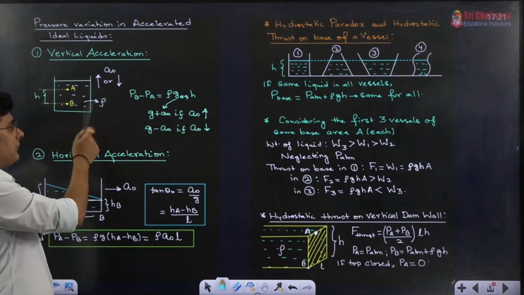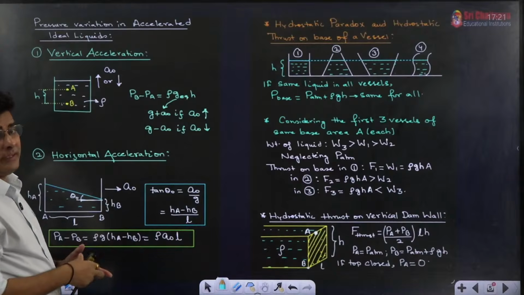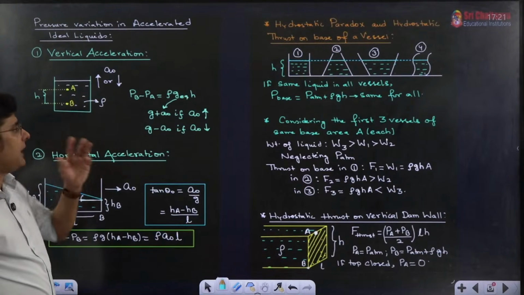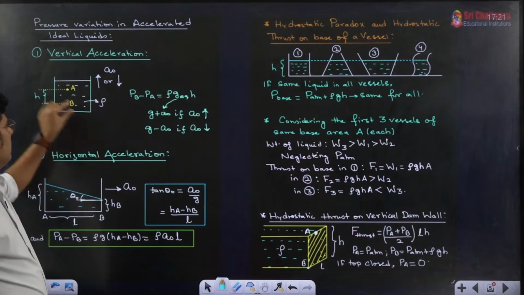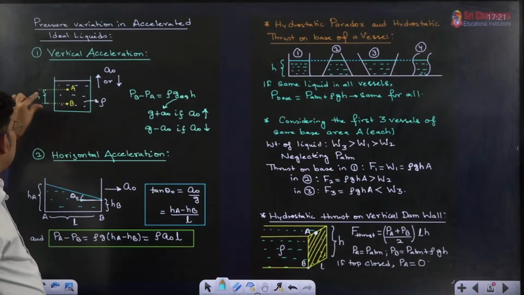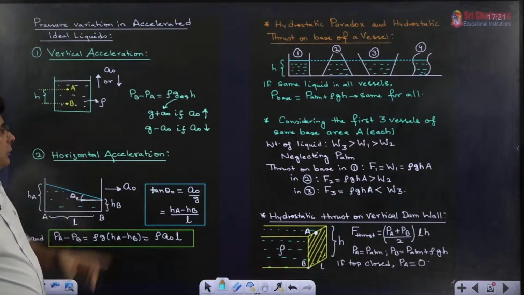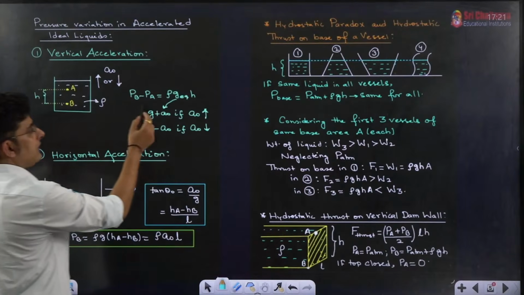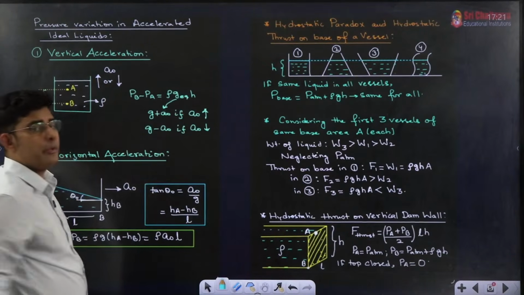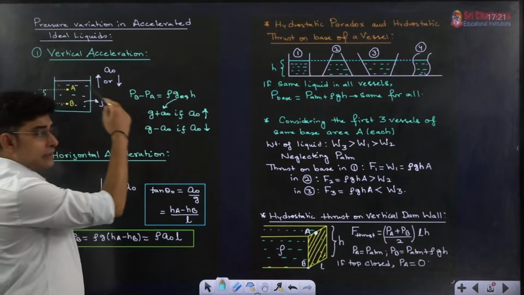When you are accelerating, obviously the pressure will also vary. So what will happen if you have vertical acceleration? You take any 2 points which have a vertical separation of H. The lower point will have more pressure than the upper point, as I told earlier. So here also PB minus PA will become rho G equivalent into H, where G equivalent, just by using Newton's